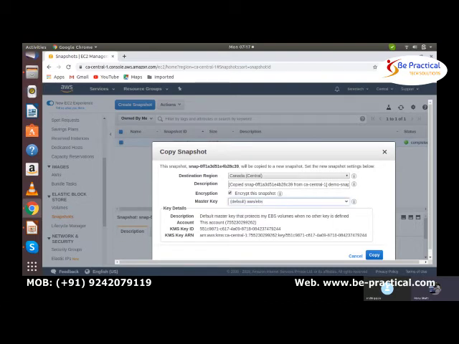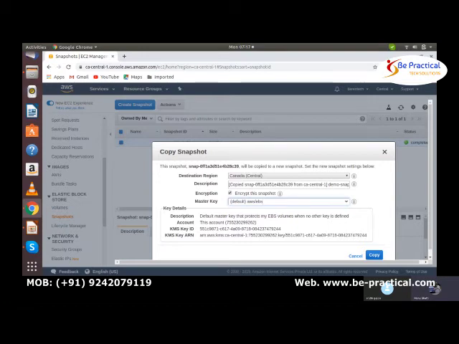now if you want to share a snapshot with some other AWS account, then you should not simply share it, right? Because your snapshot is a snapshot of the EBS volume, and the EBS volume has all the data, right?